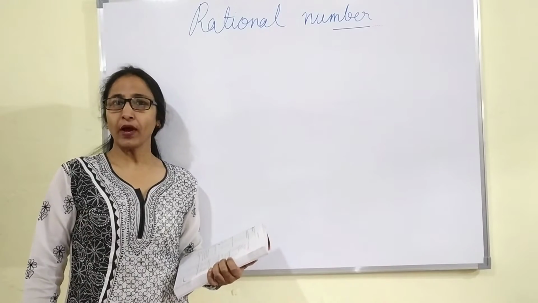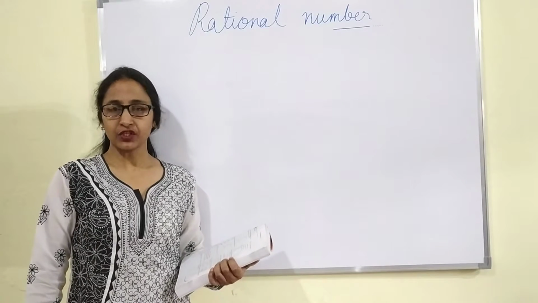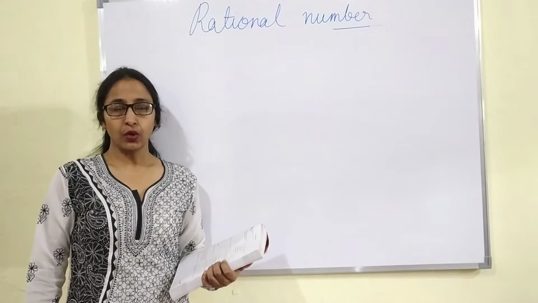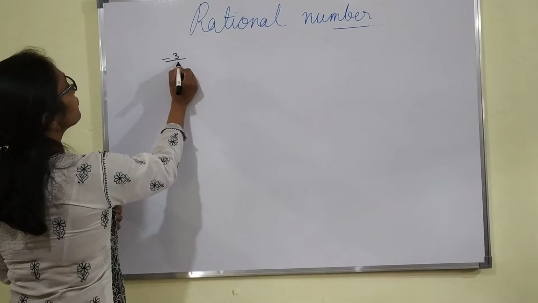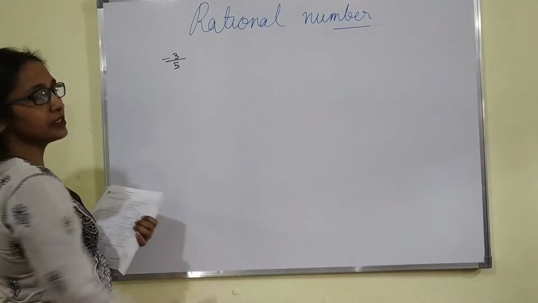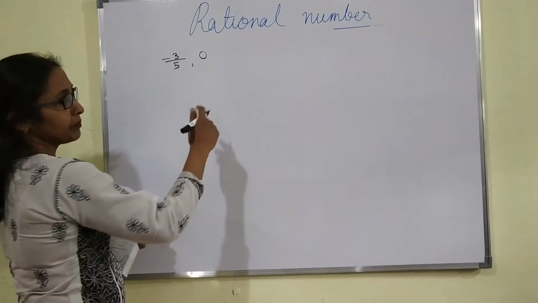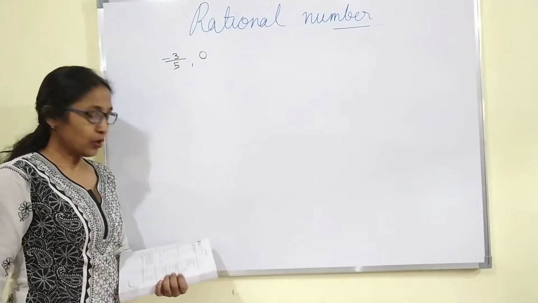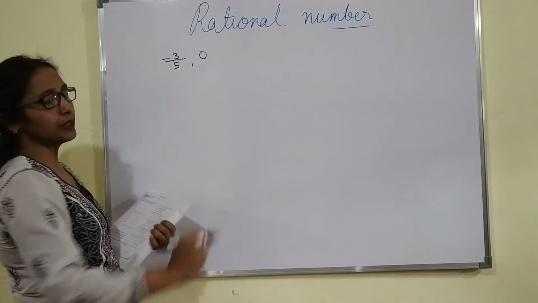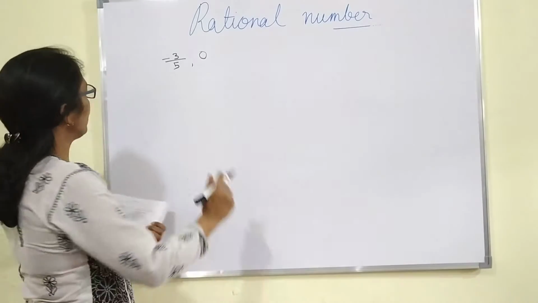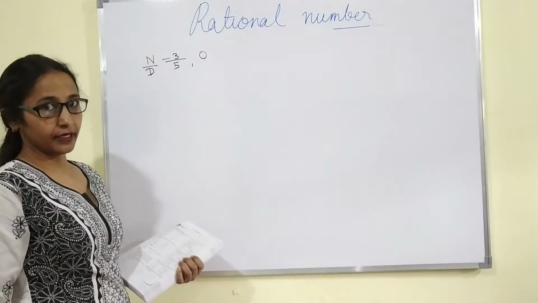In my previous video, I explained natural numbers, whole numbers, integers, rational numbers and real numbers. Any number which can be written in the form of p upon q is called a rational number. Even 0 is also a rational number. In the last video, I explained it. Our first question is which is the numerator and which is the denominator. I hope you know it. This is the numerator and this is the denominator here.